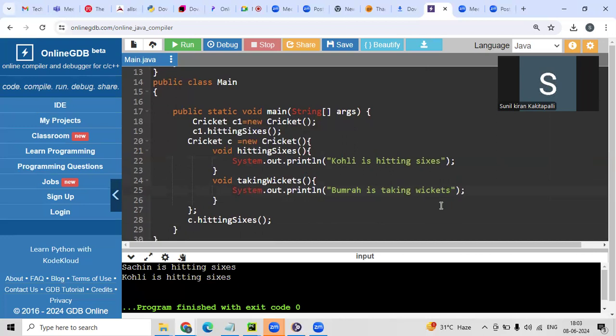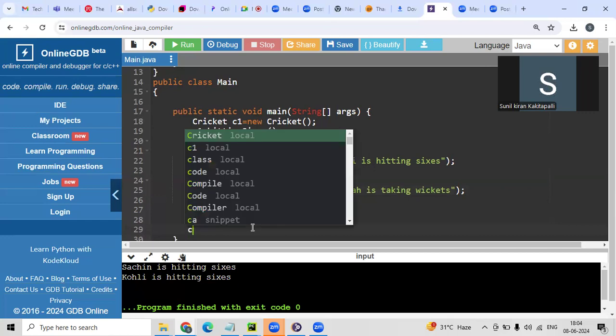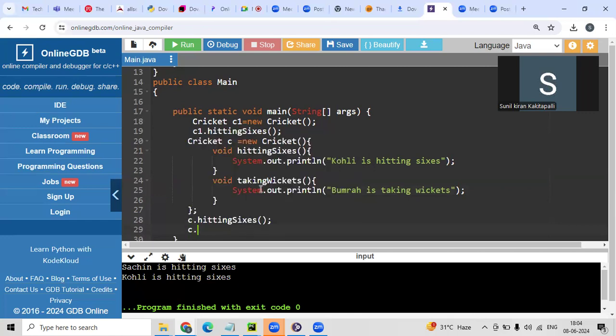Anyone? Guys, please tell me. Give some random answer. I won't say anything even if you say it wrong. Sumanth, Ramakrishna? The thing is, you cannot call taking wickets with this reference. If you try to call it, that is an error. If you remember in the OOPS concept, just let me